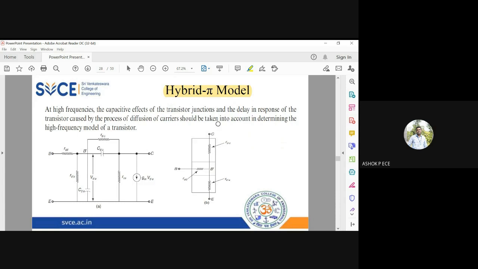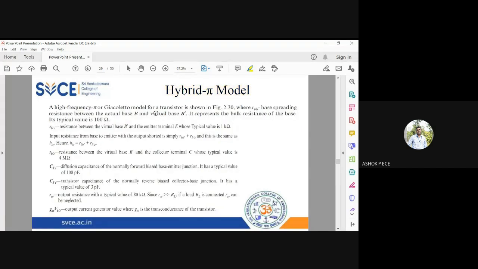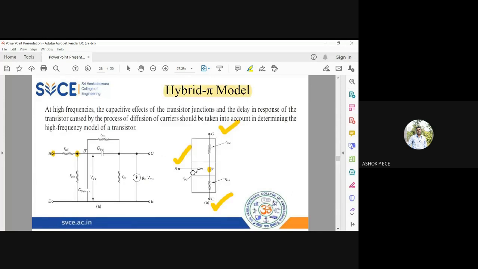And when we are fabricating transistors, the base you see is going to be the actual base. But you have one more base inside called B dash, which is actually the virtual base. So between B and B dash, you will have a wire, and that wire will have a resistance. As per our logic, the transistor had 3 terminals, base, collector, and emitter. But internally, you have one more terminal called B dash, the virtual base. And between B and B dash, you have resistance RBB dash.